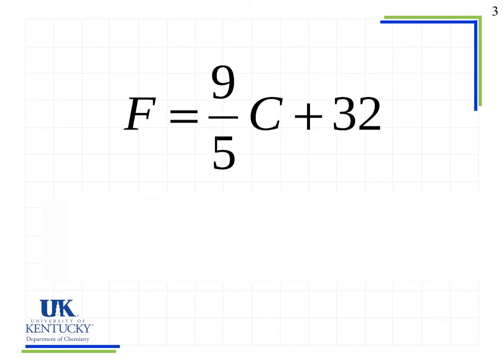So let's look at an example where we have a temperature in Fahrenheit that we want to convert to Celsius. Let's say a patient comes in with a temperature and they report it as 101 degrees Fahrenheit, and we want to figure out what that is in Celsius. So we use our equation and we plug in the values. We have 101 degrees Fahrenheit equals 9/5 times the temperature in Celsius plus 32. So we need to go back and think about our algebra. We want to solve for degrees C, which means we need to move the 32 over to the other side of the equation. So I subtract 32 from both sides,